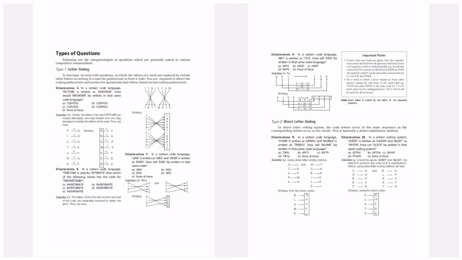So here we have similar types related to letter coding. If you see over here, we have type 1 and type 2. Yeah, type 1 is over here and type 2 is over here. The only difference is indirect letter coding and direct letter coding. That's it. But both are related to letter coding. So these both are related to the same kind of thing, and that's why I kept both pages over there. So you can see the types of models.